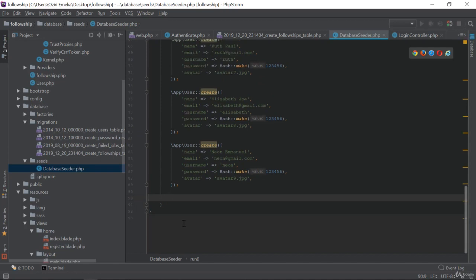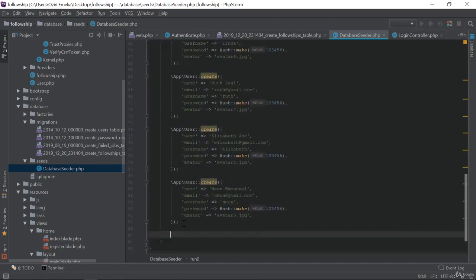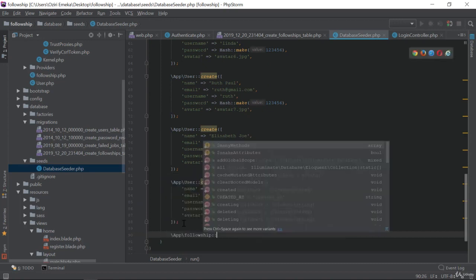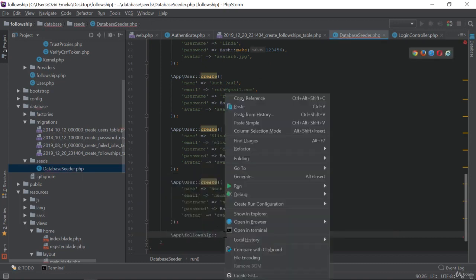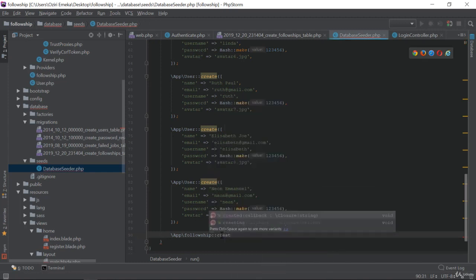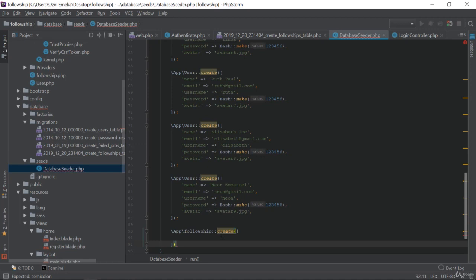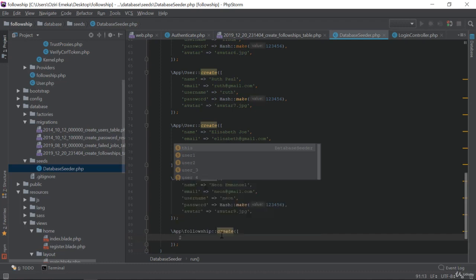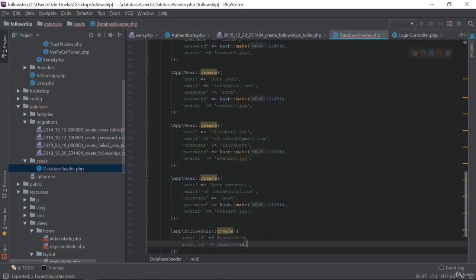So what I'm going to do right now is create the app/Fellowship, just like I did for the user. And this time around, I'm going to say user1 ID is equal to ID user1, and I'm going to get an ID from it, and the user2 ID I'm going to give that way. Now